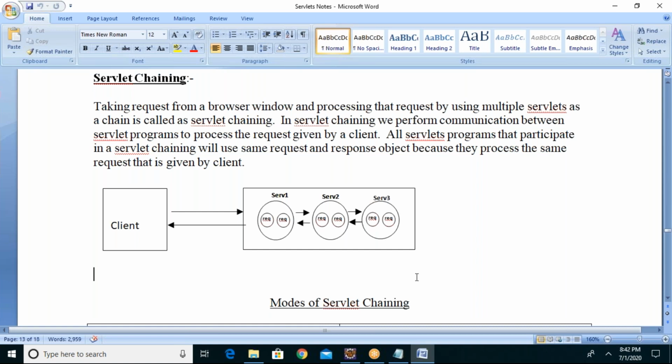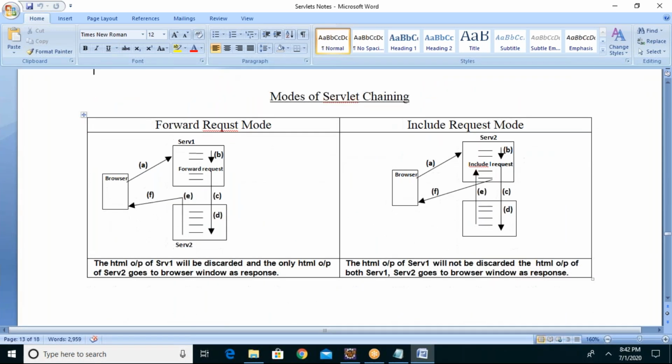In order to perform servlet chaining, there are two different modes, guys. Number one, forward mode. Number two, include mode. What is the difference between include and forward? From the first servlet, if you are calling the second servlet, the request will go to the second servlet and only the second servlet's output goes to the browser.